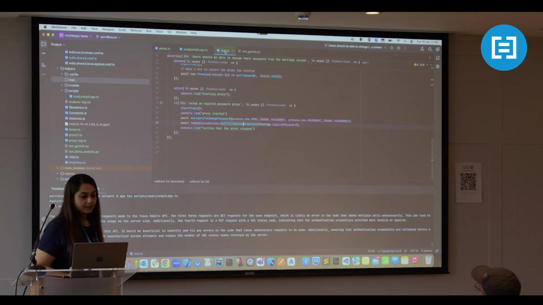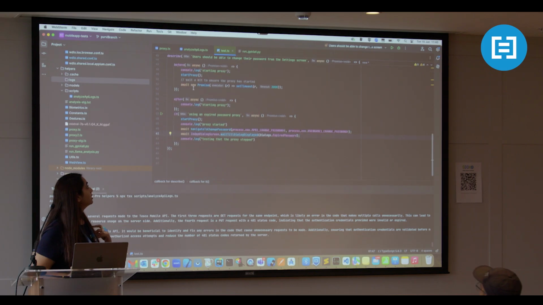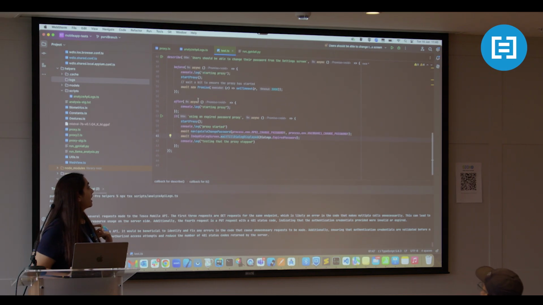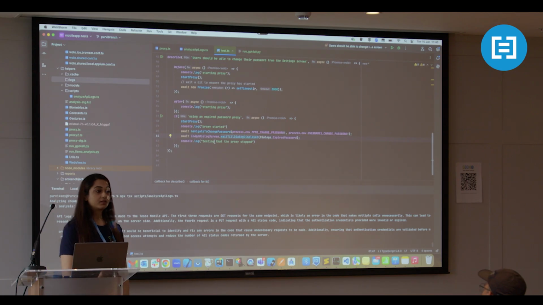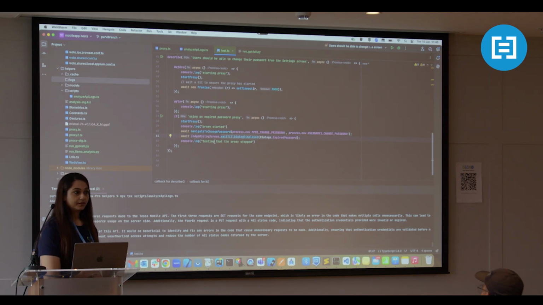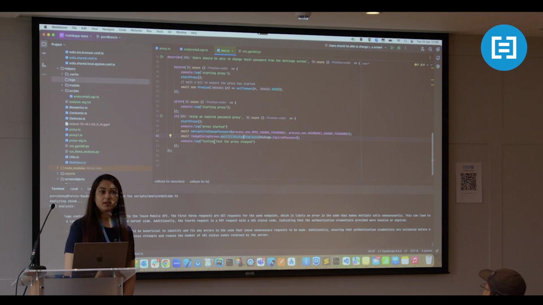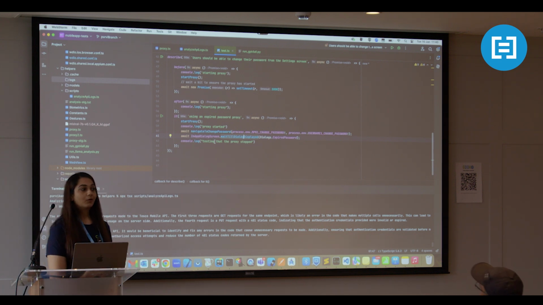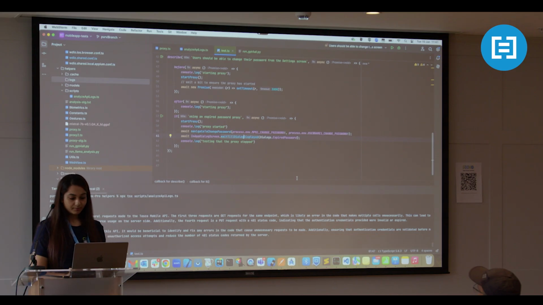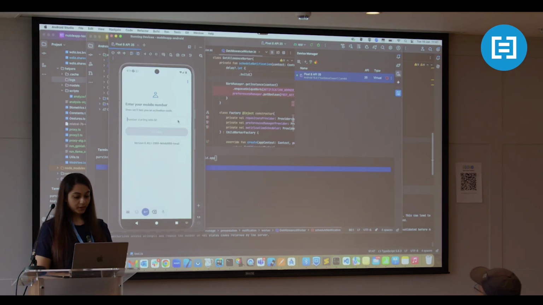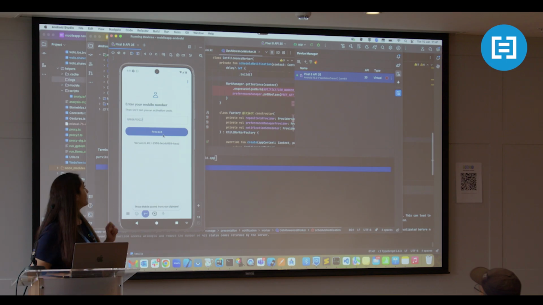So the test script, that is the UI script, I will be running that. It will basically start proxy, stop proxy. And once that is done, the UI test will run automatically. This UI test is to test if the password entered is expired, and if it is expired, what UI is being shown to the user. Okay. What I'll be doing is, I'll be first doing it without the proxy. I'm using the same number.